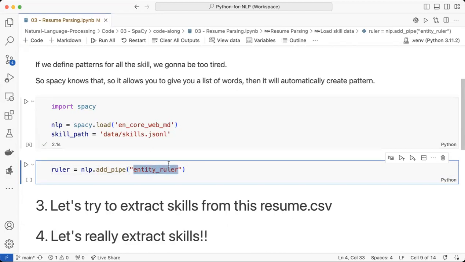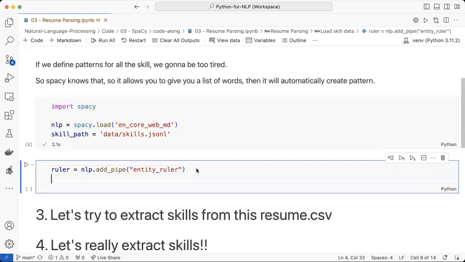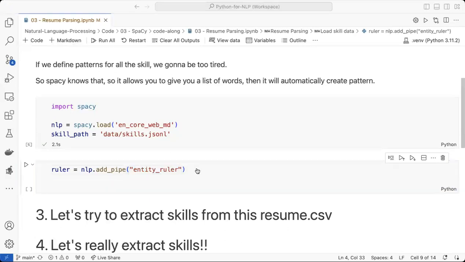But in the real world, what you actually do is combine rules with neural networks. That probably makes the most sense, instead of just relying on neural networks or just relying on rules itself. And there's another functionality that spaCy can do, that is not only using rules, but actually training your own neural network to do this. All right, so ruler